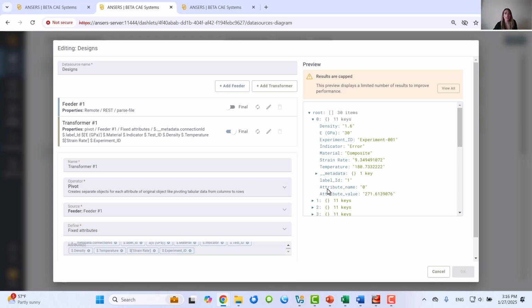So the time intervals are transformed from columns into rows under a new column called attribute name, and the corresponding stresses are stored in a column called attribute value.